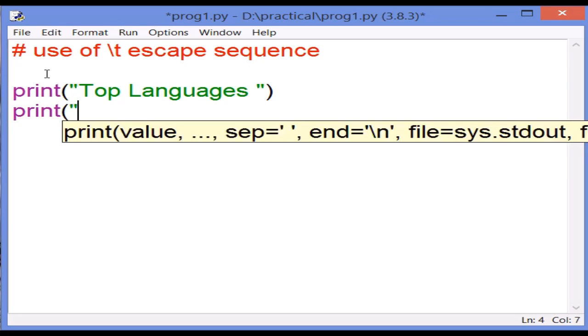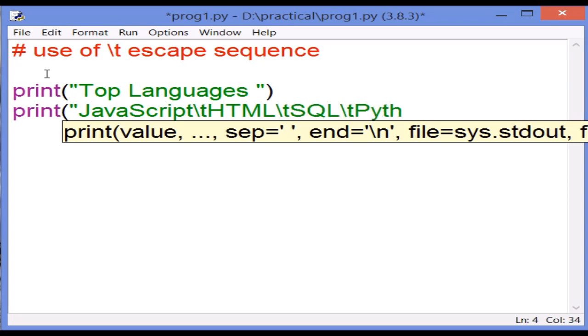Inside this I type JavaScript, then I will use \t, then HTML, then \t, then SQL, then \t, then Python, then \t, then Java,